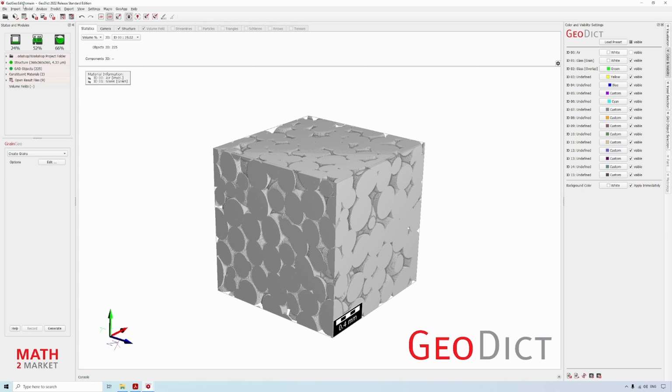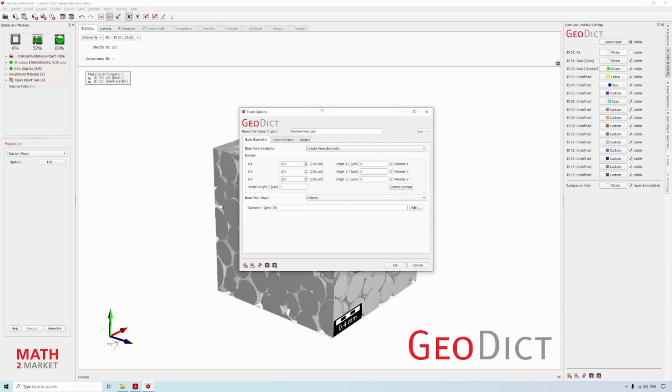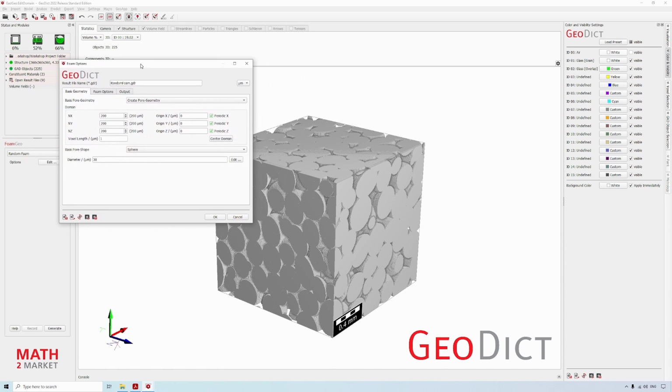So now we go to Model and select Foam Geo. We go to the random foam model and click Edit. Here you can set a domain size. Since we will make it based on this geometry, we ignore this and we select here Create Pore Geometry.